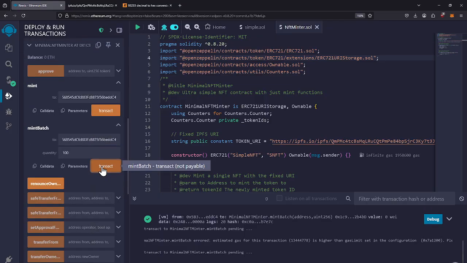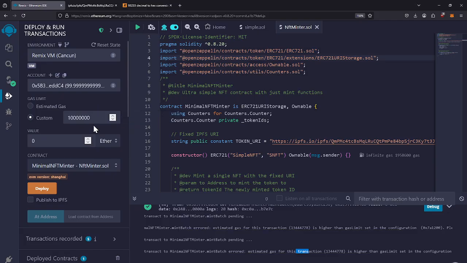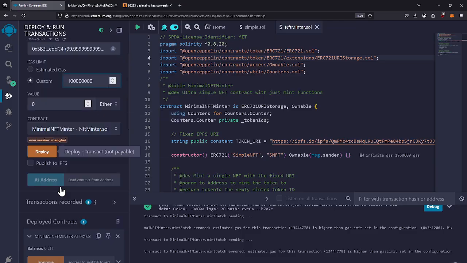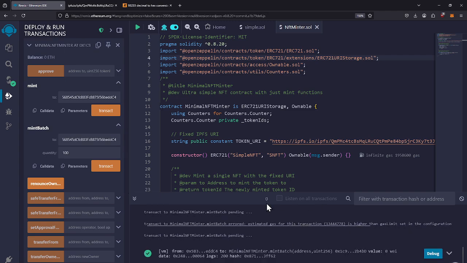Okay, let's do the transaction. I think we have to deploy the contract again with a higher gas limit. Okay, let's do it right now. So with more gas limit,